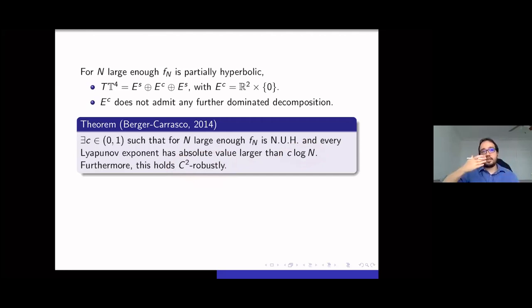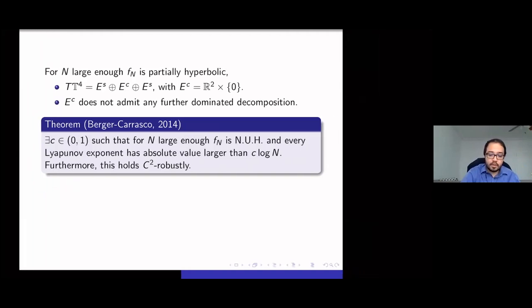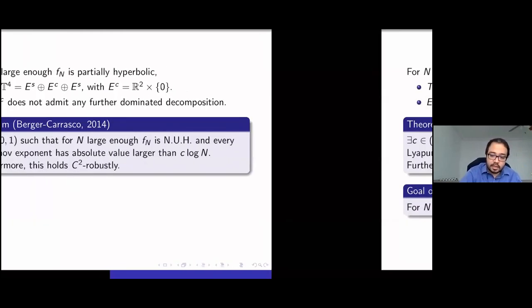And since the action on the center, on the fibers, is given by these standard maps plus some translation, but the determinant is 1 on the fibers, the existence of non-zero Lyapunov exponents in the center actually implies the existence of one positive and one negative exponent, because the sum of the exponents has to be 0, since the determinant is 1. Okay, so they have this example, which I find really nice.